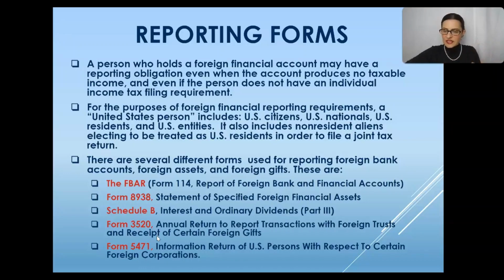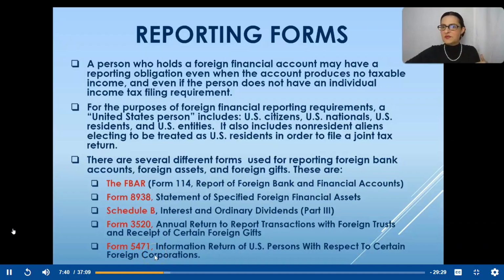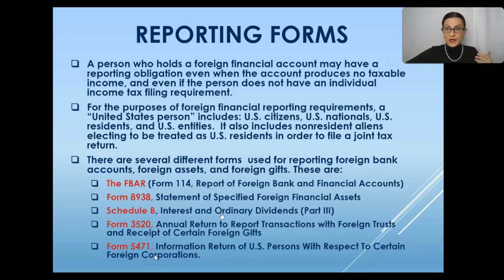But if you have a gift or an inheritance that's coming from overseas to a U.S. person, then that might have a reporting requirement. Once you get up to a certain threshold, then those gifts or transfers or inheritances have to be reported. And there's no tax, but the IRS still wants to know that you have money coming in from overseas,